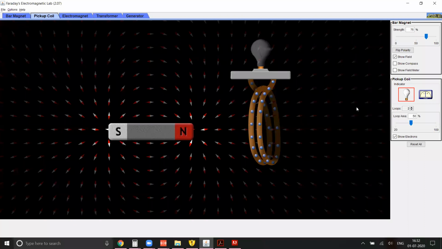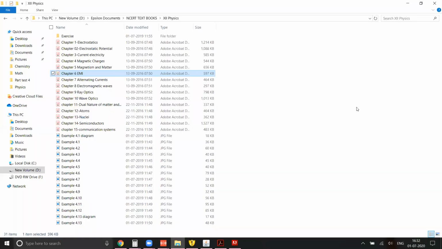I think what she told is right. Direction of electrons is clockwise. What is the direction of current? Current is anti-clockwise. I'm concentrating only on the current. I'm not concentrating on the electron. See, current is anti-clockwise. I'm telling all this theory for you to understand the logic behind it.